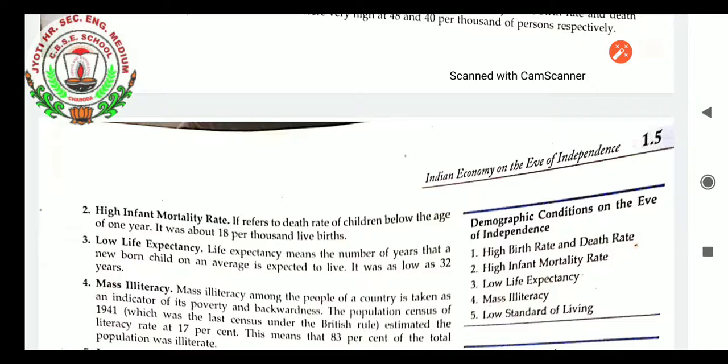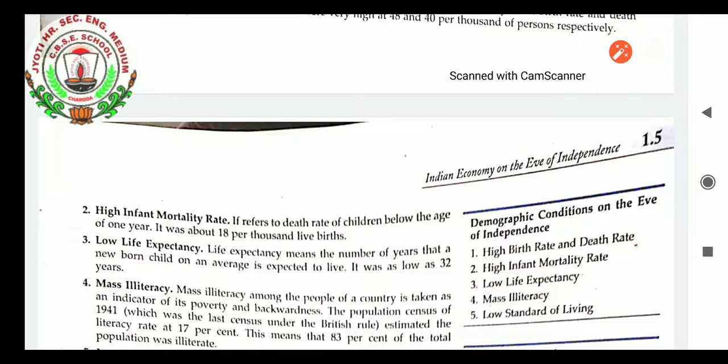Low life expectancy. This is another problem of the economy. The people mainly up to the age of 32 were thinking to survive, because the Britisher time was such a tough situation. People were malnourished. They didn't want to work. If they worked also, they had to be a slave of the Britisher and the richest people of our country. Under them they had to work, even paying so much tax, and what they were getting from the hard work, they were not getting the food to eat. So that was the situation that made low life expectancy, and that was the condition of our country.